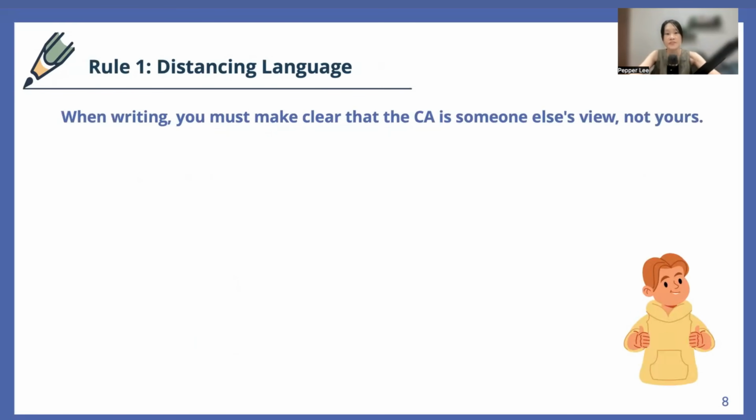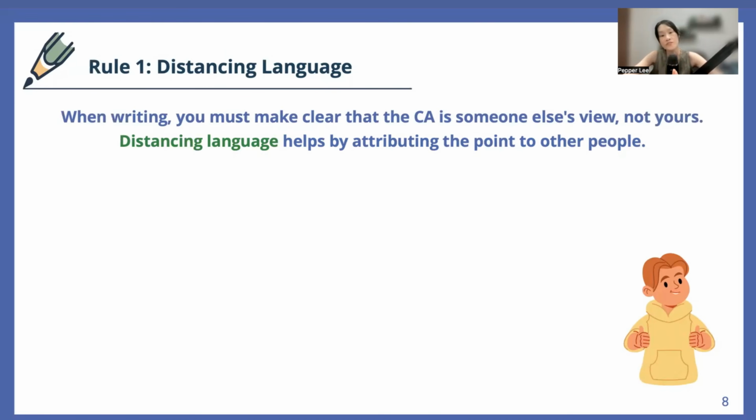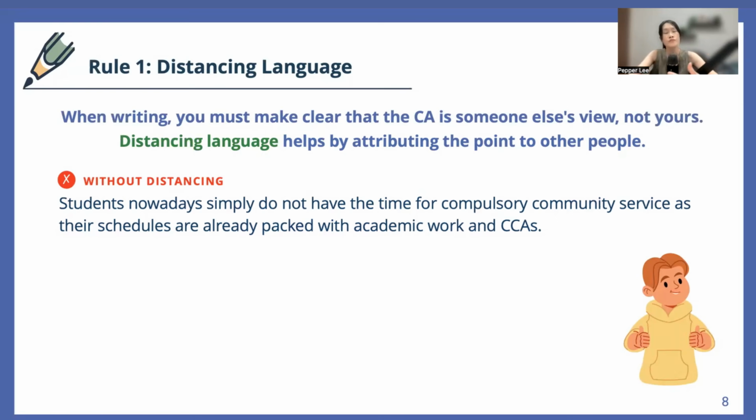First rule, distancing language. Here, when writing, you must make clear that the counter-argument is somebody else's view and not yours. So, distancing language will help you achieve this because it attributes the point to other people. Yeah? So, if you don't use distancing language, it may sound like this. Students nowadays simply do not have the time for compulsory community service because their schedules are already packed with academic